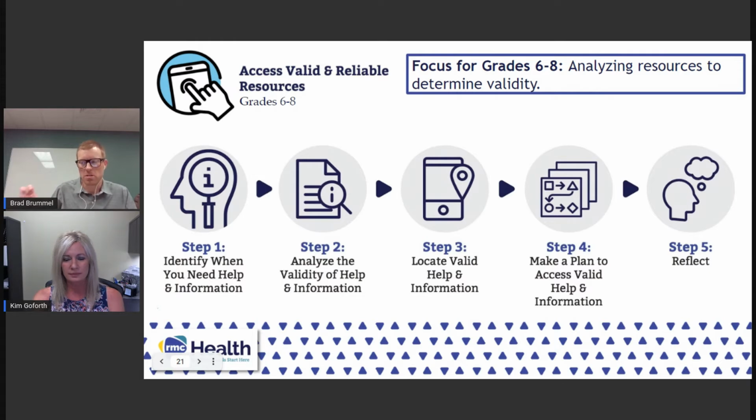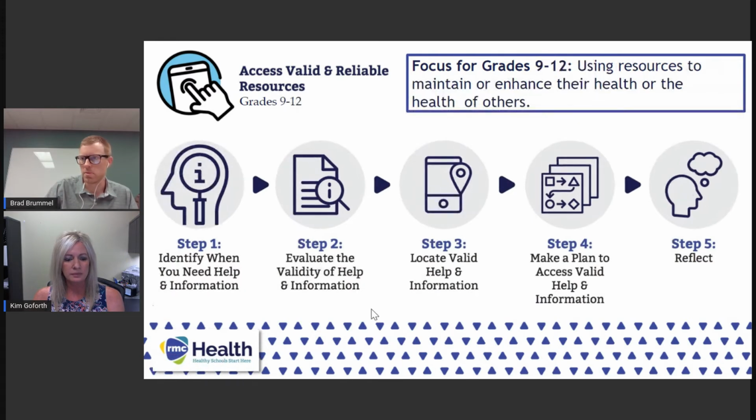We've kind of talked about these focuses already, but just starting with identifying when I need help or when I need this information. And you can see the step-by-step process ending with being able to reflect and learn from that. And so here you see the high school example, very similar, being able to evaluate, being able to locate, and then a big one in high school is to be able to make a plan